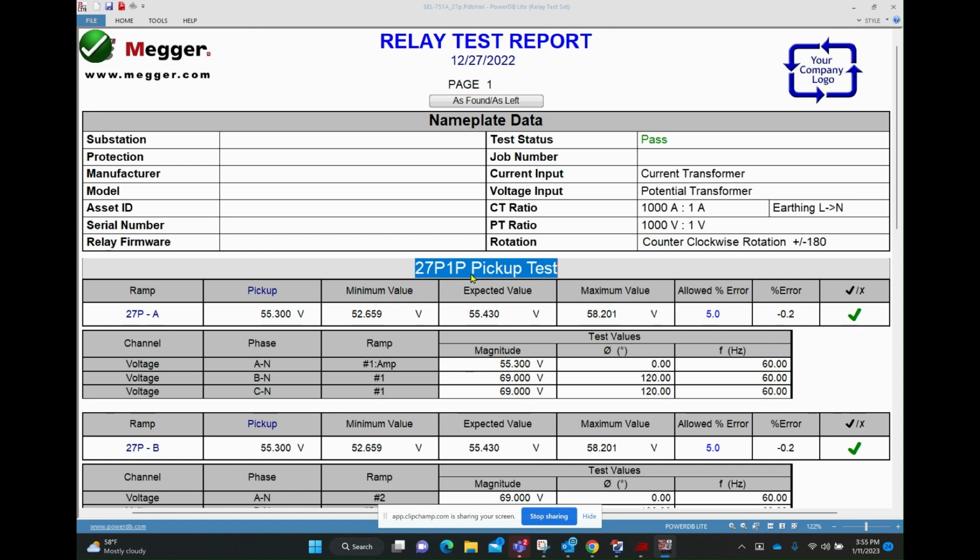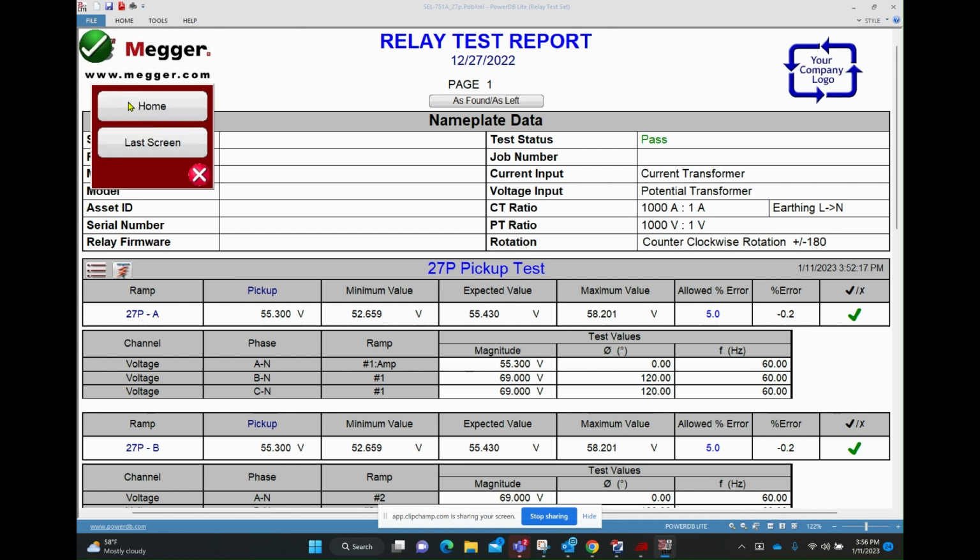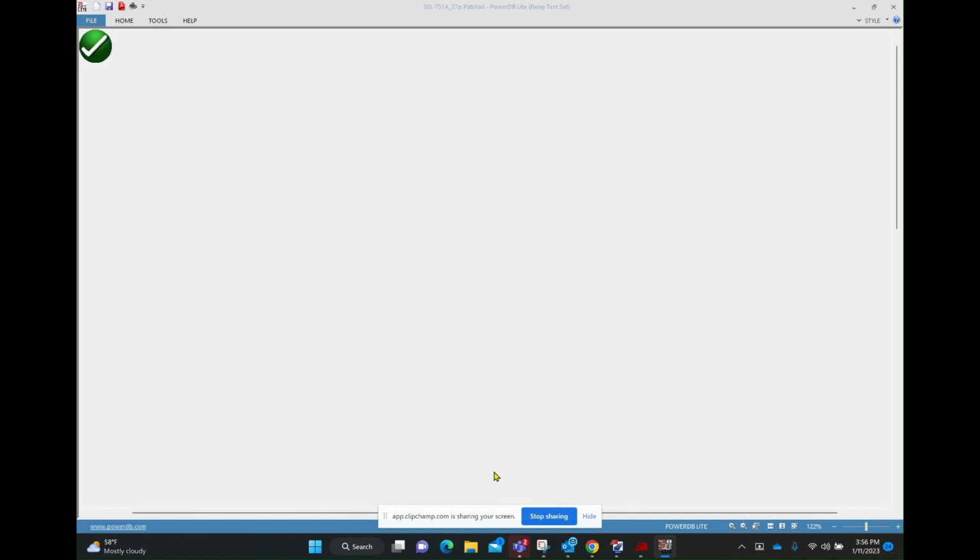So you can change this to whatever you like, 27P pickup test, etc. You can put in all of your substation and nameplate information and so on. Then we'll accept, go to last screen. So that's how you test a 27P undervoltage element using SMRT46 Delta with PowerDB RTMS software,